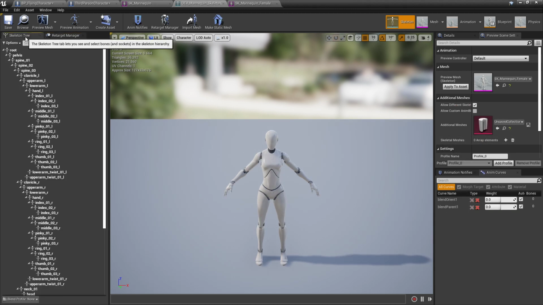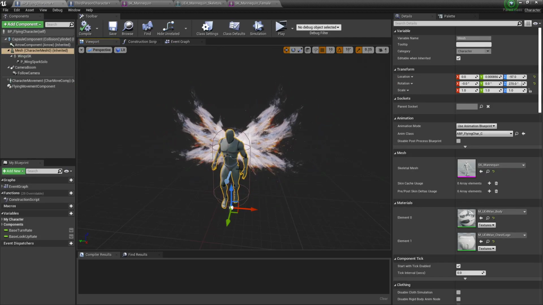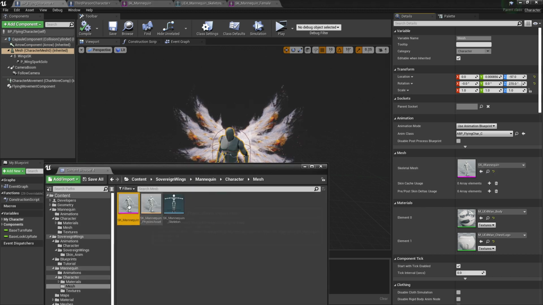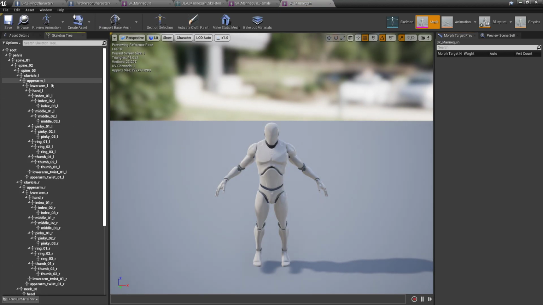So let's go to the skeleton tree, and I want to add a socket for the wings. Let's check how it was done here. So it's using the same bone as root. Let's go to the skeleton mannequin, double click it, skeleton tree,